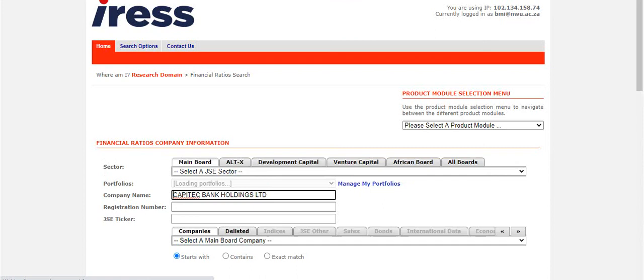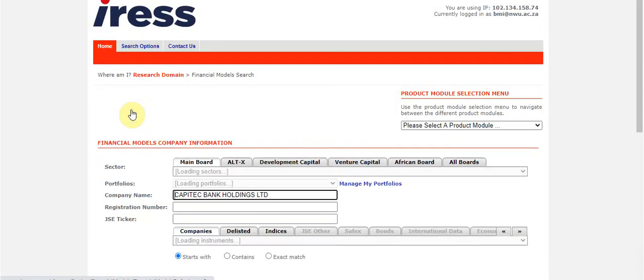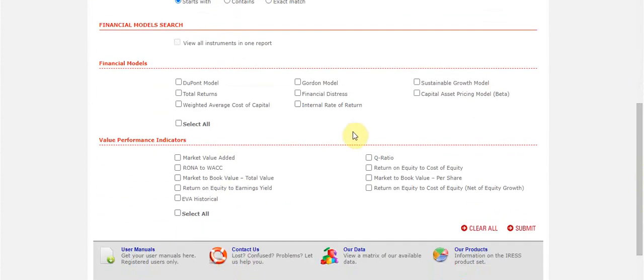I also know that some of the other items that you have learned about are also available here. I think it might be under financial models, where you can go and look at, for example, these will be models that you were taught in financial management. So again, we're not just teaching you any nonsense. As you can see, in doing research about finance and actually working in finance, you will need this information. So you might have heard of the DuPont model. You might be interested in that. You might want to know what is the average cost of capital for a company.